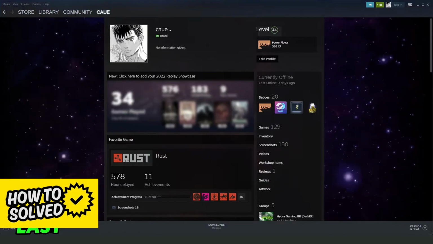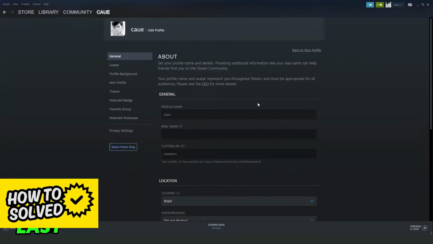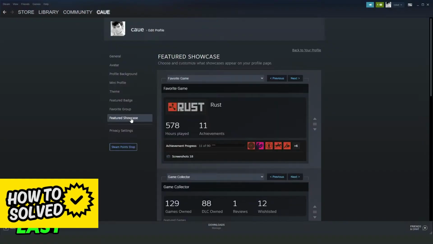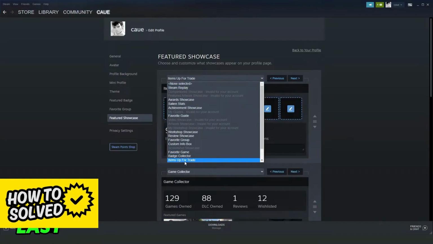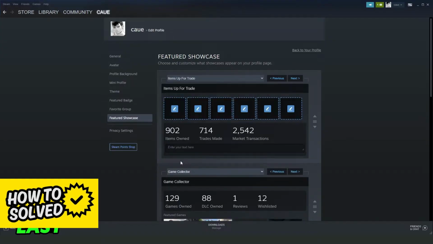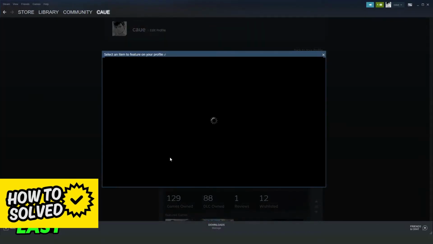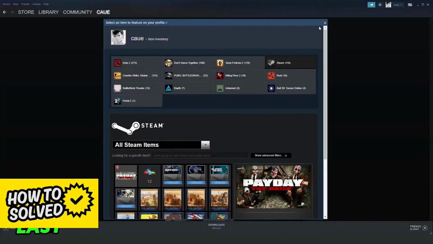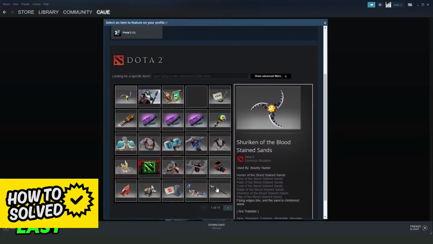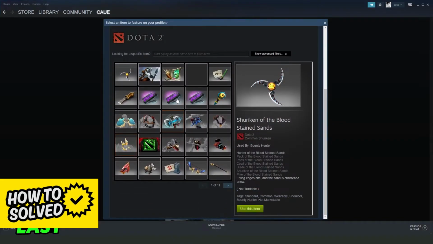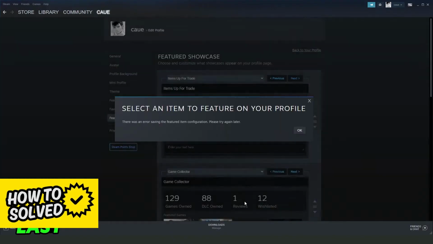Steam, okay? So click on profile, edit profile, come here on the last option, featured showcase, and select right here, items up for trade on the last option. Okay, click on top and here you can select the items that you want to display on your Steam profile, okay? So select the game that you have the item, click on top and click use this item,